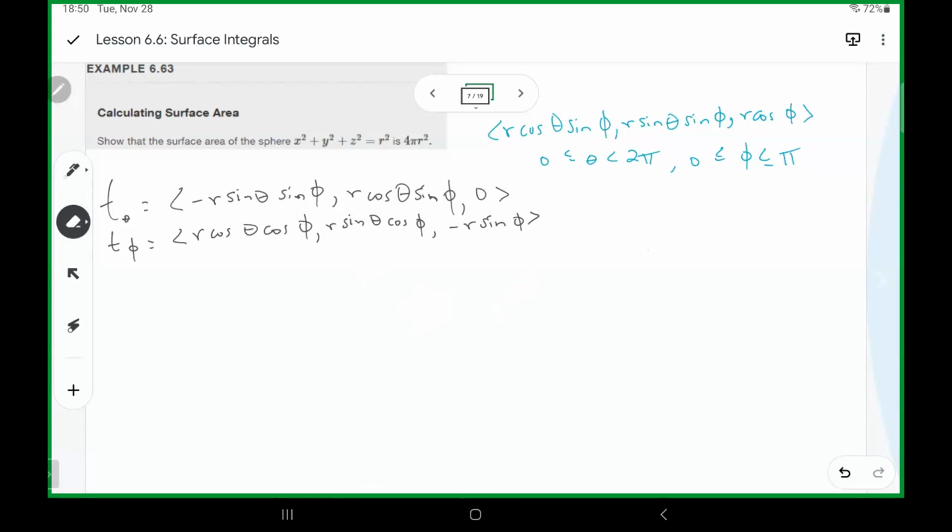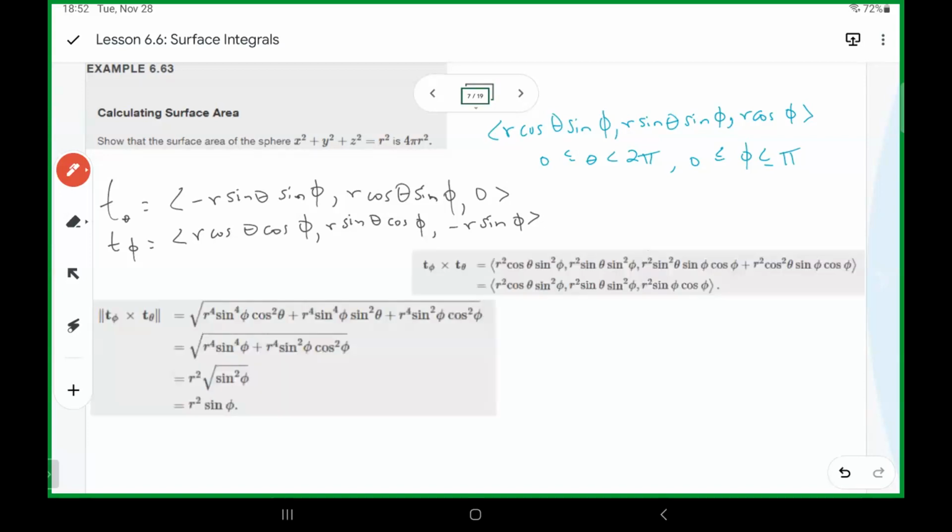Okay, so when we do our cross, let me see, let me throw these in. All right, we have a little bit more left. So what you need to notice is that sine rho is going to be greater than or equal to 0